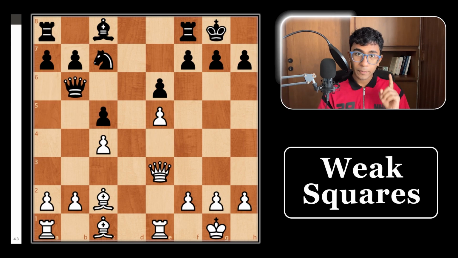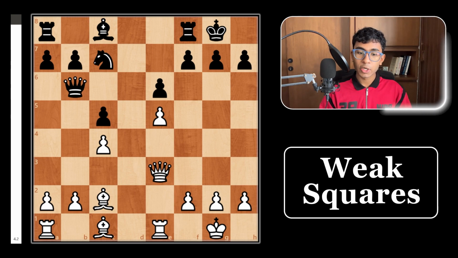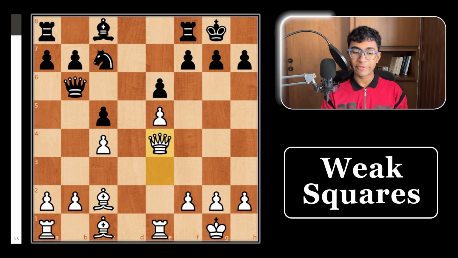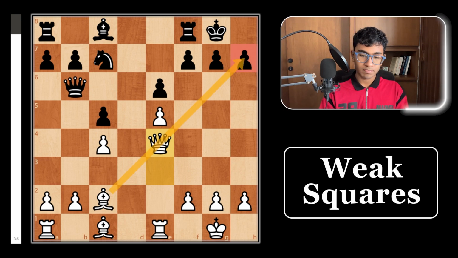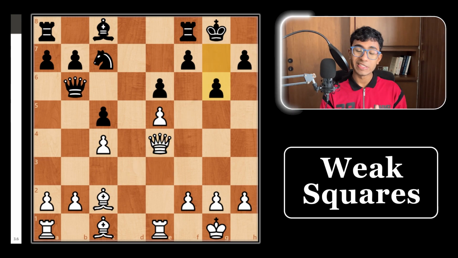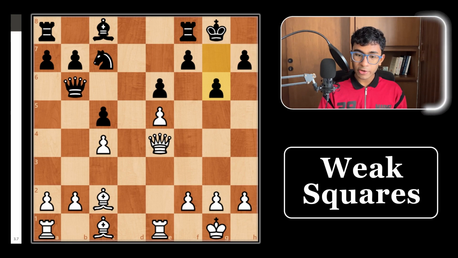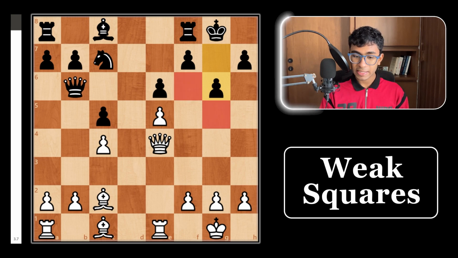Step number 3, provocation. What is the provocation? Basically, you force your opponent to make a move. For example, in this position, white played the move queen to e4. What is the idea? White is threatening to checkmate black in one move. So black has to play the move g6 in order to stop the mate on h7. So here we provoked black to push the pawn to g6, and now you will realize that dark